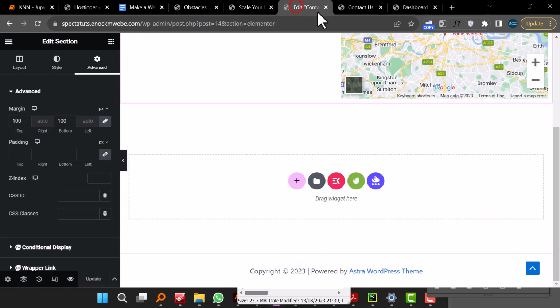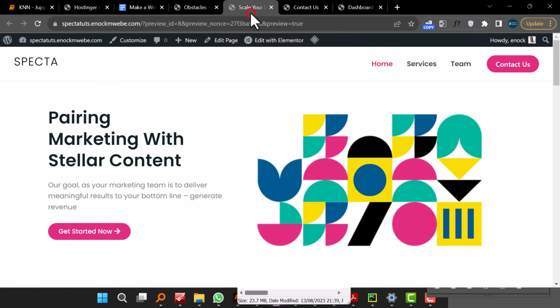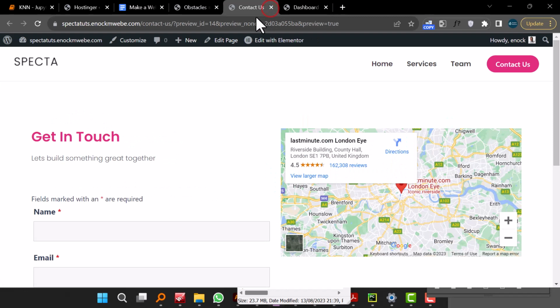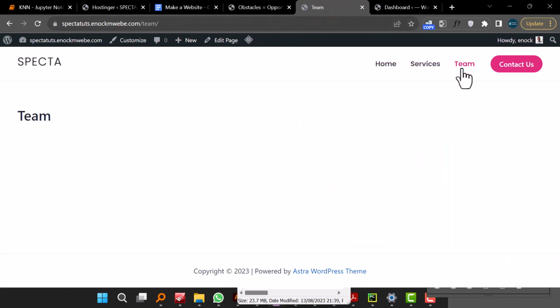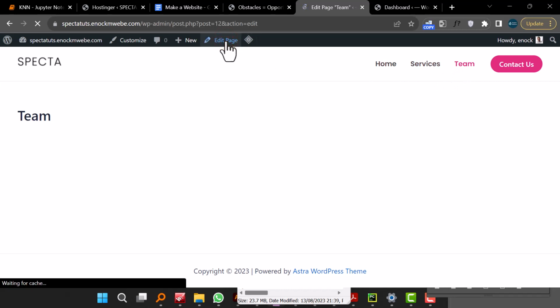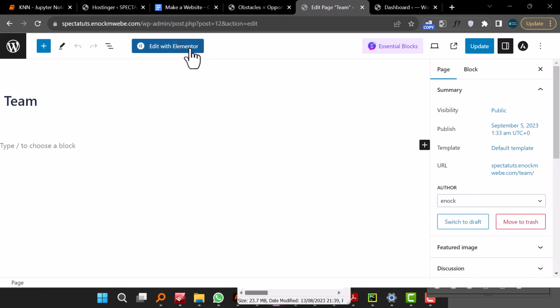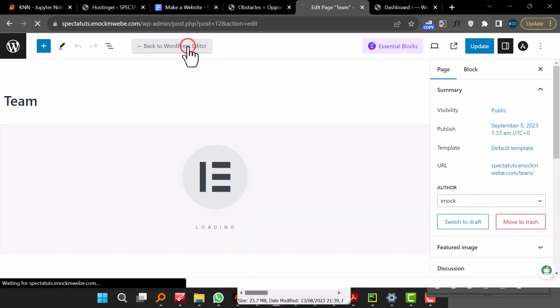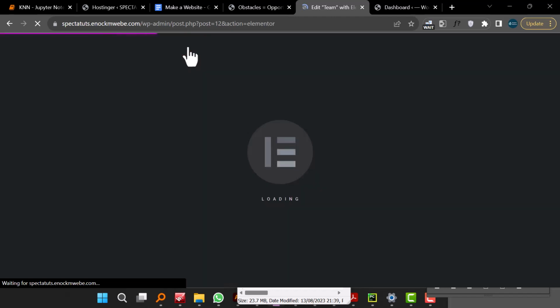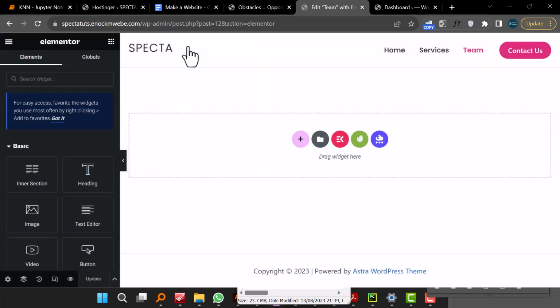Once we are here, let me first close this. Let's go to the team section, and also click on edit page. Once you're here, you can click edit with Elementor, and let's have Elementor open up. So I'm going to show you guys another way how to import templates that have already been designed into your